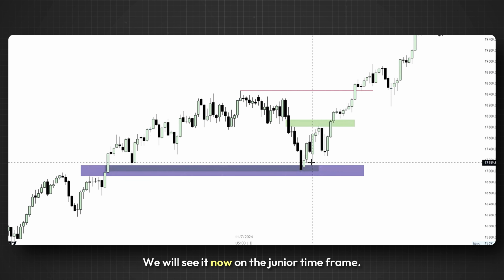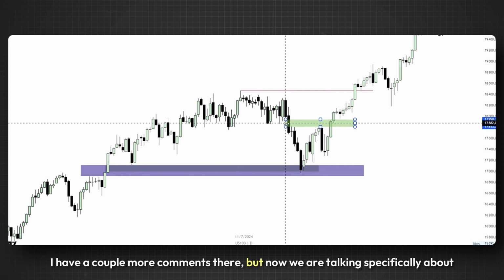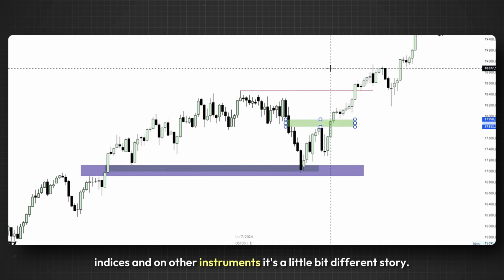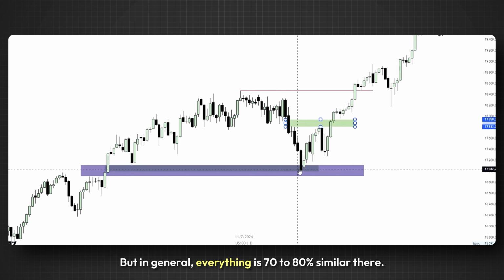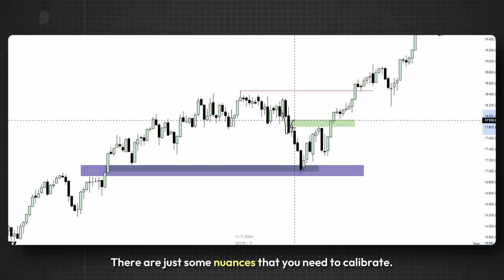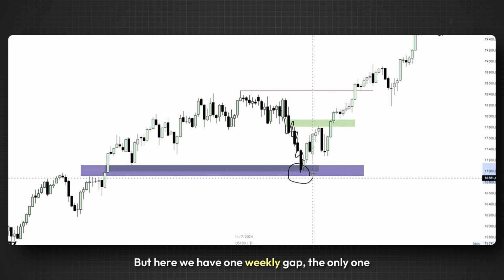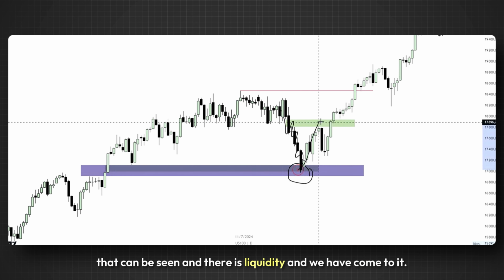Again, we will see it now on the junior time frame. I have a couple more comments there. But now we are talking specifically about indices, and on other instruments it's a little bit different story. But in general, everything is 70 to 80% similar there. There are just some nuances that you need to calibrate. But here we have one weekly gap, the only one that can be seen, and there is liquidity,